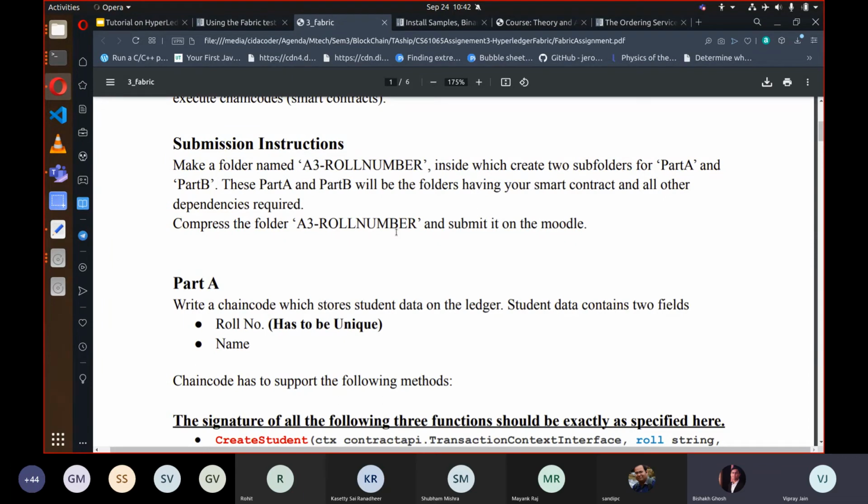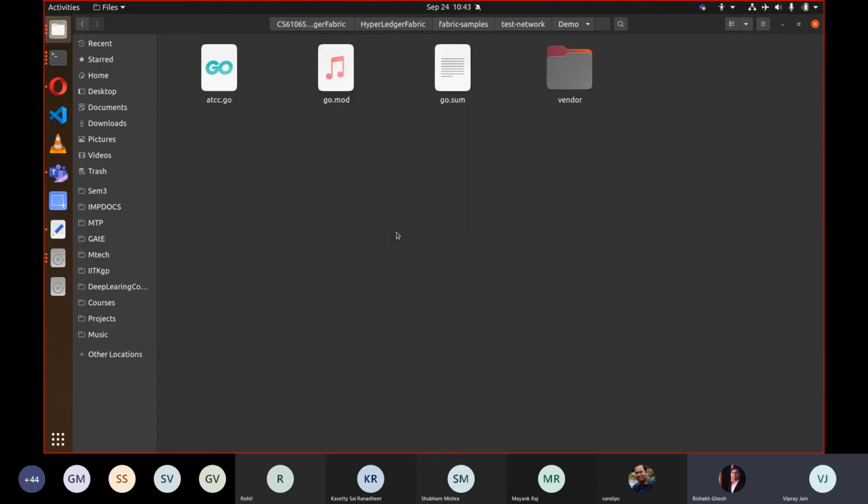Also, each part folder, for example this part A folder, should have your chain code, and whenever we specify the path to this part A folder in the deploy cc script, it should be able to install your chain code from there. Make sure of that. So it should contain your chain code Go file and then go mod, and also perhaps the vendor folder if you turn on vendoring.